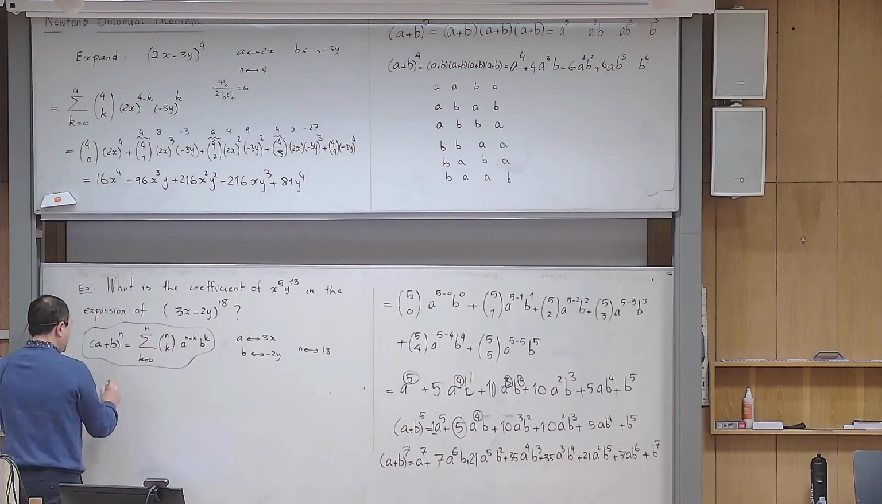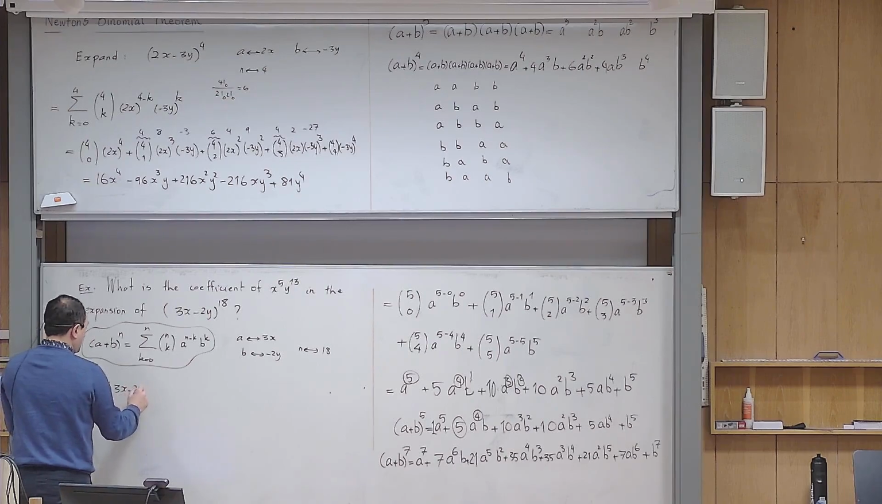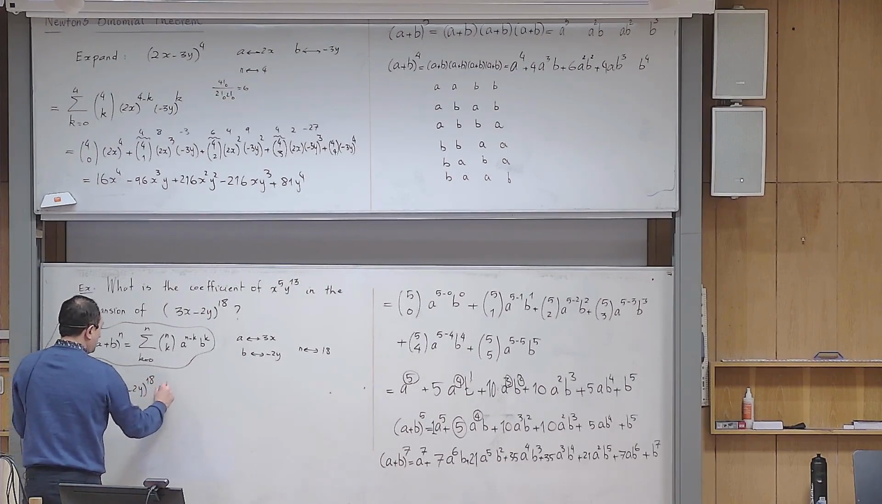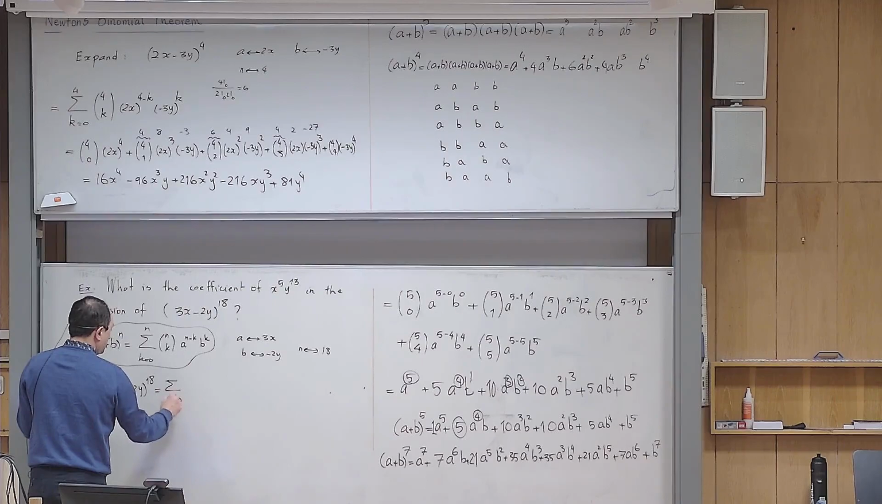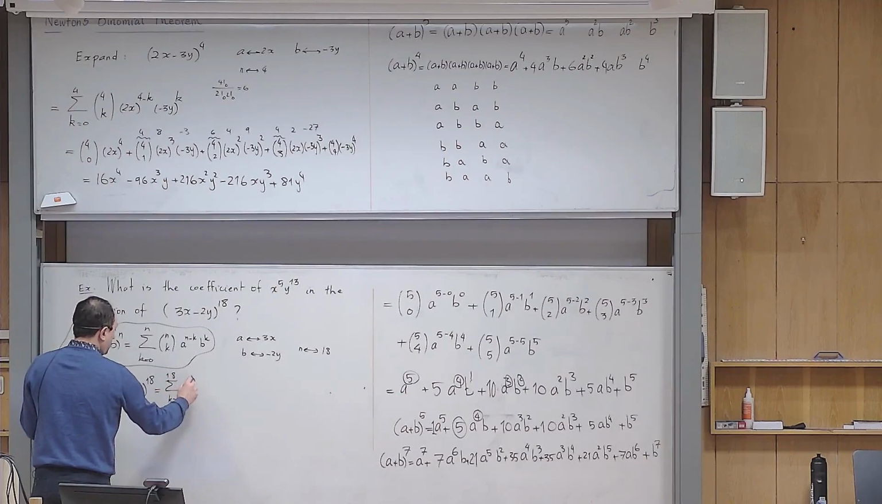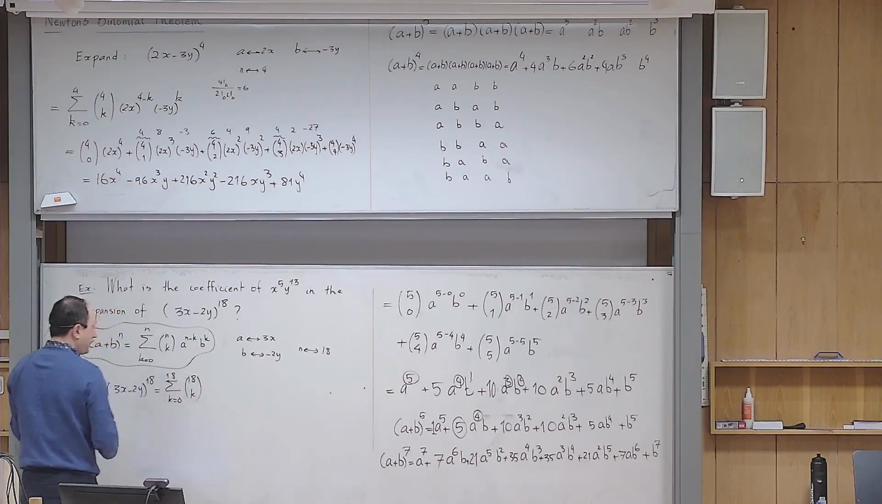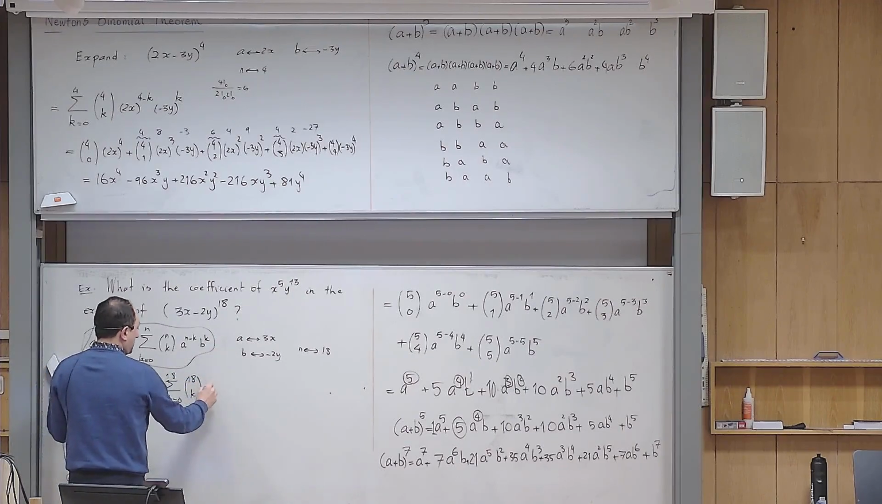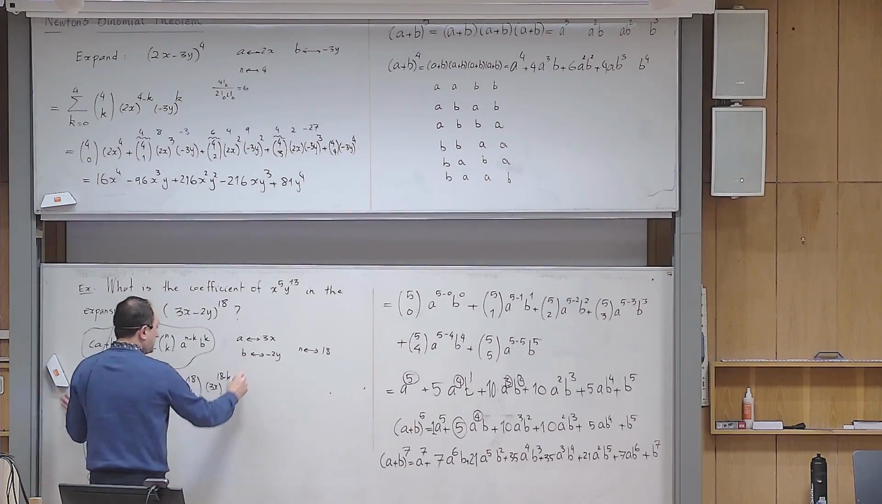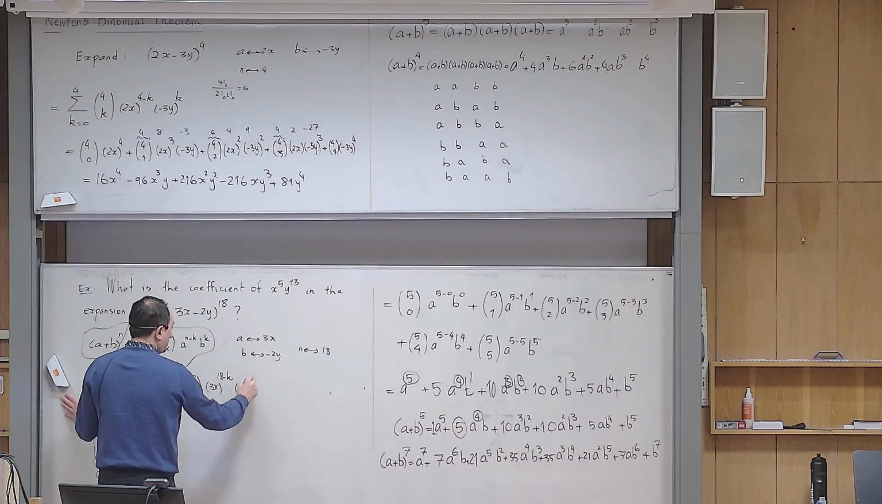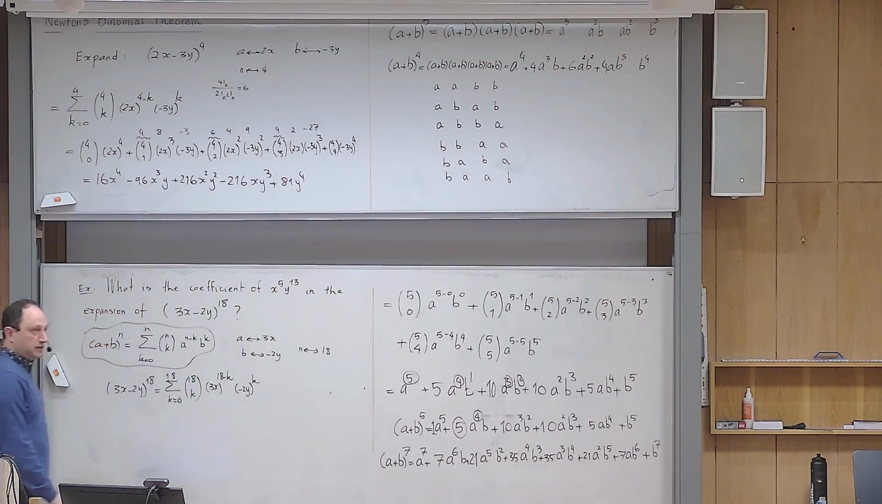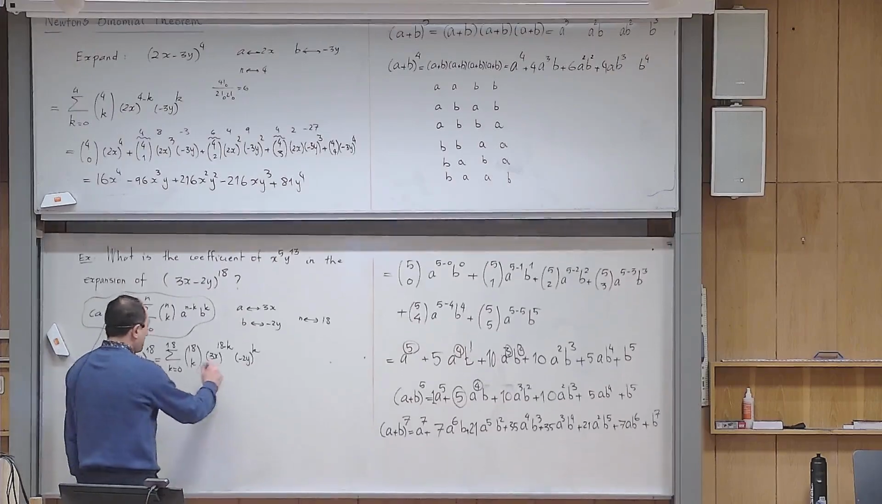So then what happens? This becomes 3x minus 2y to the power of 18 is equal to the sigma k goes from 0 to 18. And then I have 18 choose k. What is a? A is 3x, to the power of n, which is 18 minus k. B, which is minus 2y to the power of k. Yes? And what I expect you to do is to